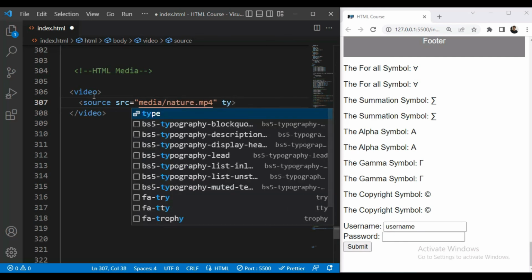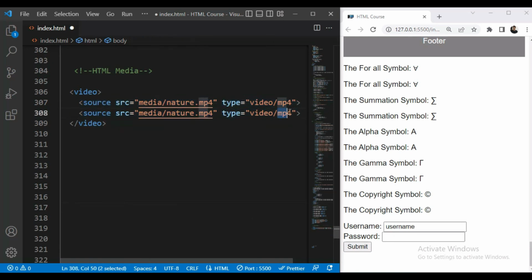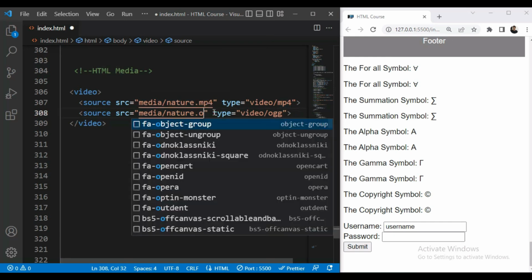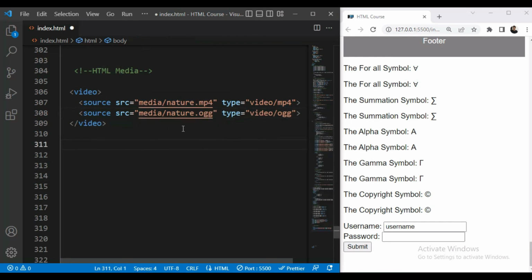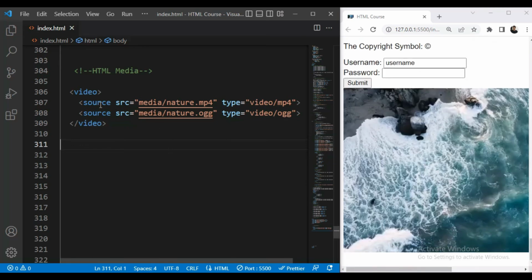Then type will be video/mp4. Then I'll copy this one more time, and here I will add OGG, and here also I will add OGG. First let us save this. Now you can see we have this. Then we'll add some message, because if the browser does not support the video element, then you should get a message.